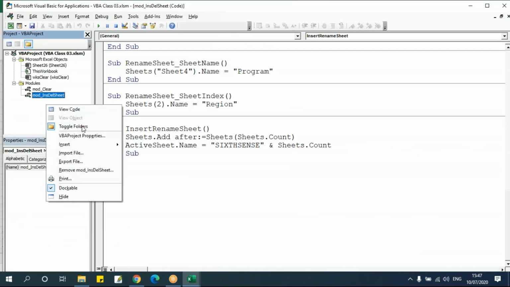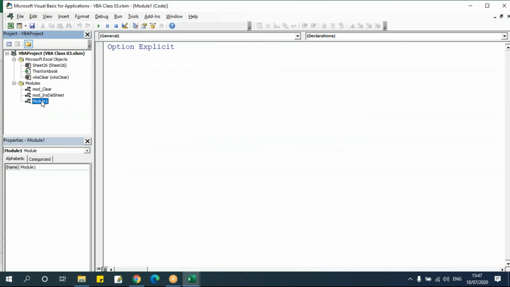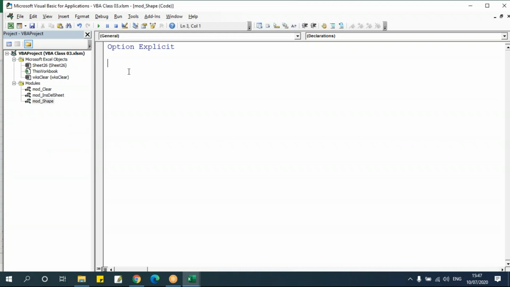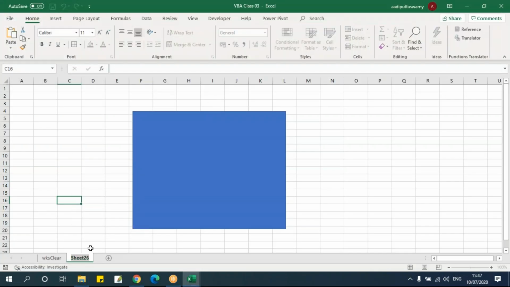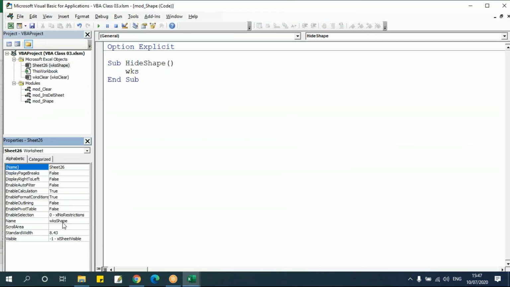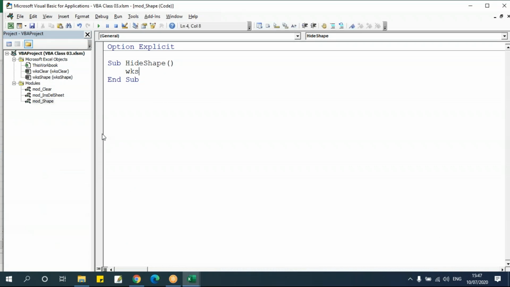Now we'll go here, right click, insert module. mod underscore shape. Sub hide shape. Say we'll rename this as WKS shape. Here also we'll rename. So WKS shape